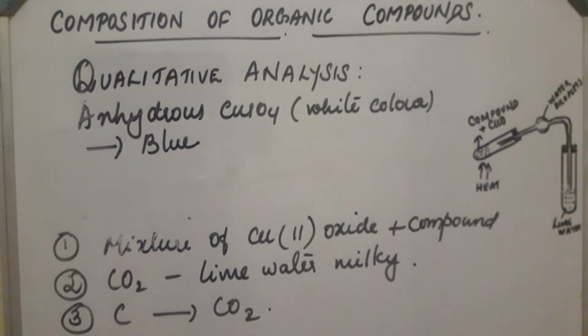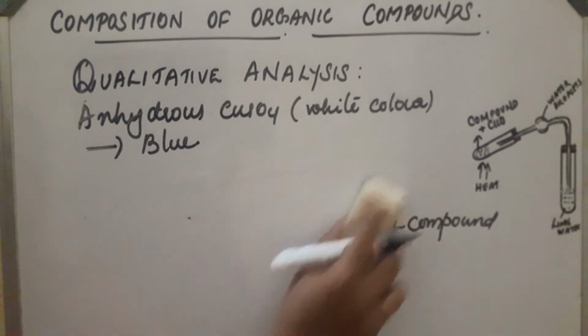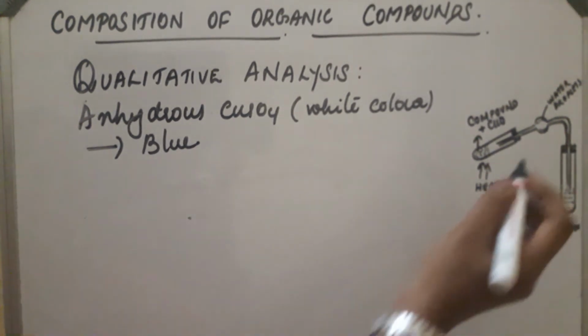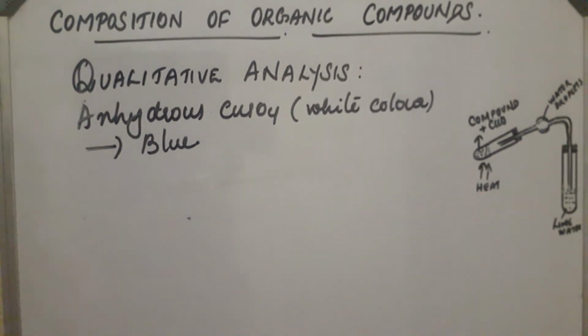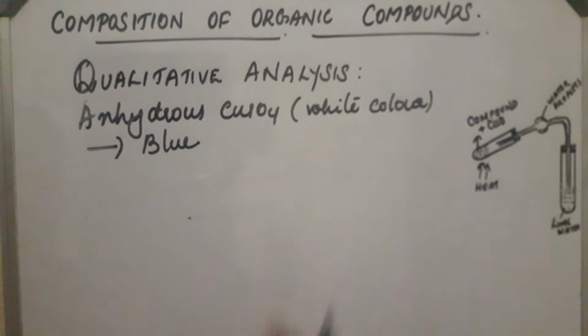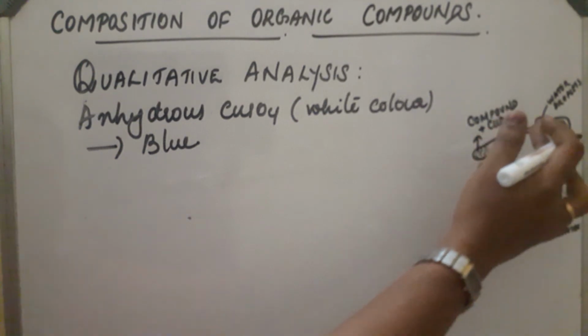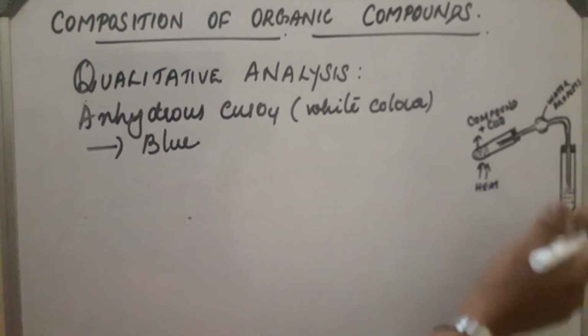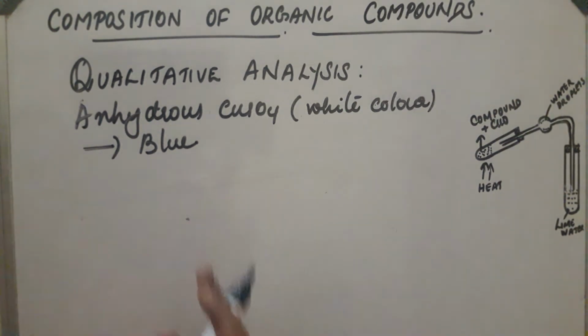So we can identify that hydrogen is present in the compound. First we see droplets on the cooler sides of the test tube, which shows the presence of hydrogen. This can be confirmed by adding anhydrous copper sulfate, which does not contain any water molecule and is white in color. Due to the presence of water, the copper sulfate gets converted into blue in color. So these are the two detections.